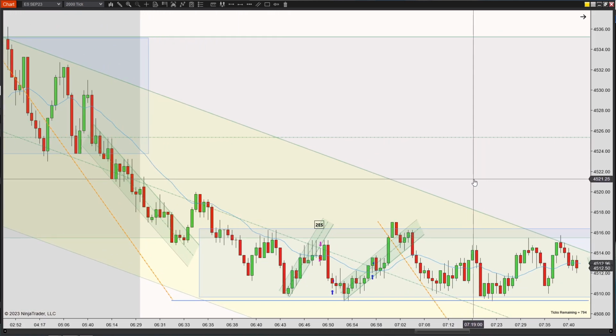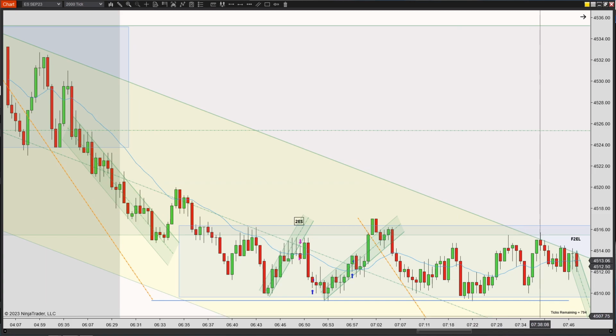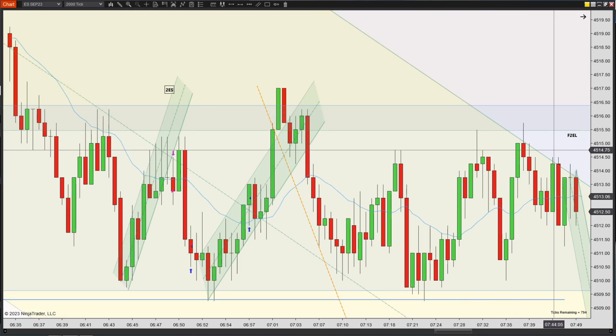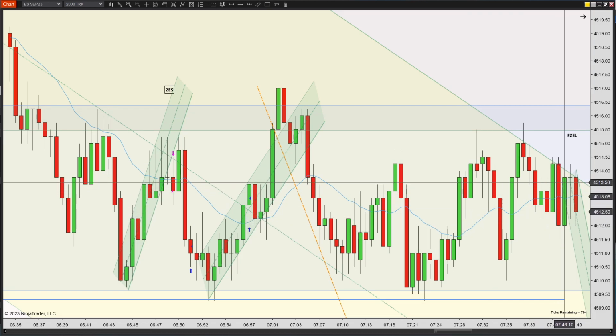Then prices continue moving. Here I see another setup. The new high here. It's a first entry long, pulls back. It's a very strong signal bar for a second entry long. Then here, technically doesn't fail. And then on this red candle, then it fails. But I saw this red candle and I thought, well, this isn't a clean setup. The signal bar to go bullish right here looks pretty good,